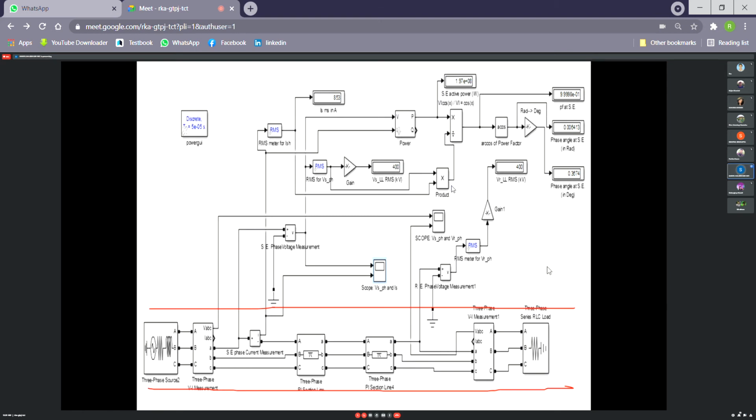Now what do we need to measure? We need to measure the peak to peak phase voltage at the sending end and the peak to peak phase voltage at the receiving end. So in Simulink we have to extract the phase voltages. From this block, A, B, C are the phase quantities. If we want to measure phase voltage, then we have to go through the phase voltage measurement. Then we shall connect it to a scope. Similarly at the receiving end, if we want to measure something, we have to go through the measurement block. From the measurement block, for phase quantity, we shall go to the phase voltage measurement because we are measuring phase voltage with respect to ground. Then we shall put it to the scope in that way.